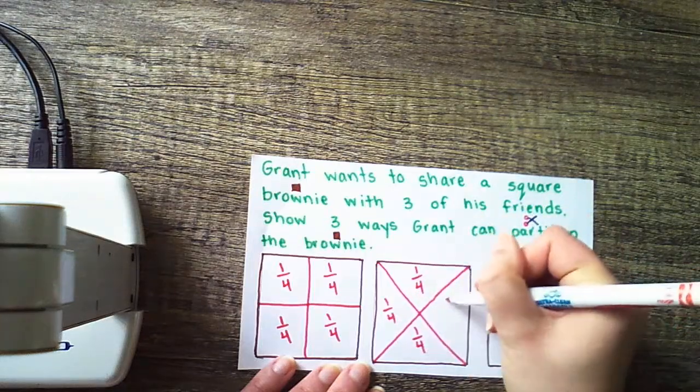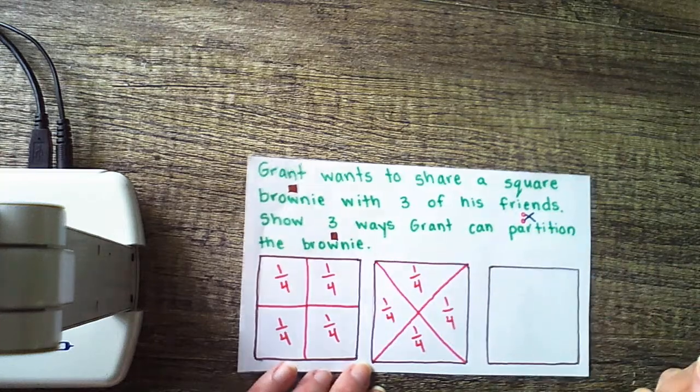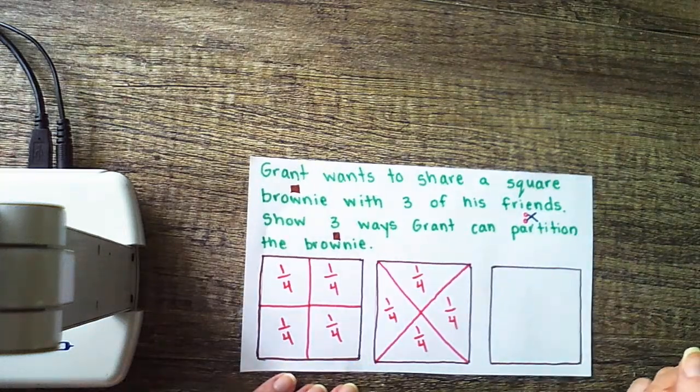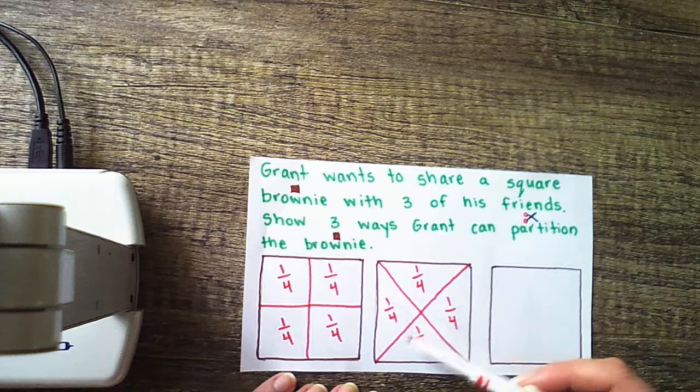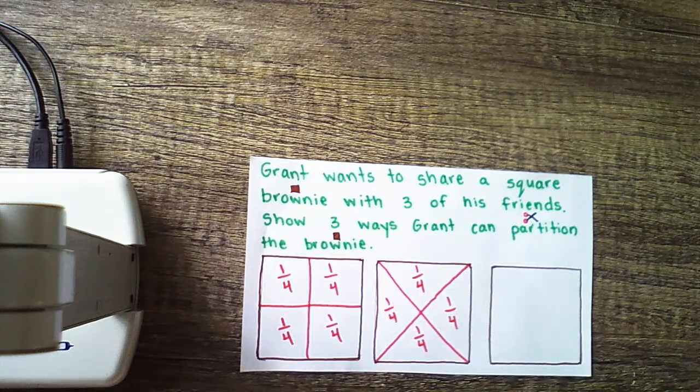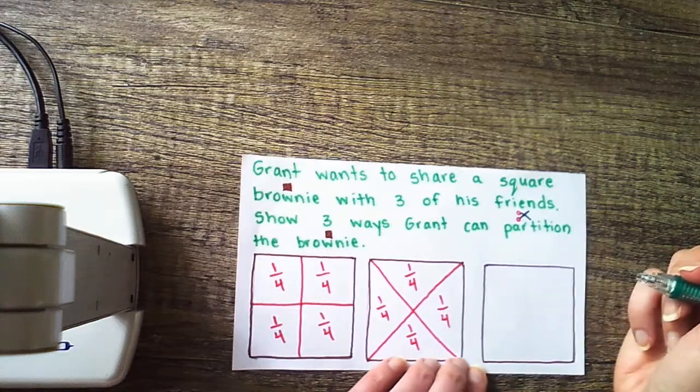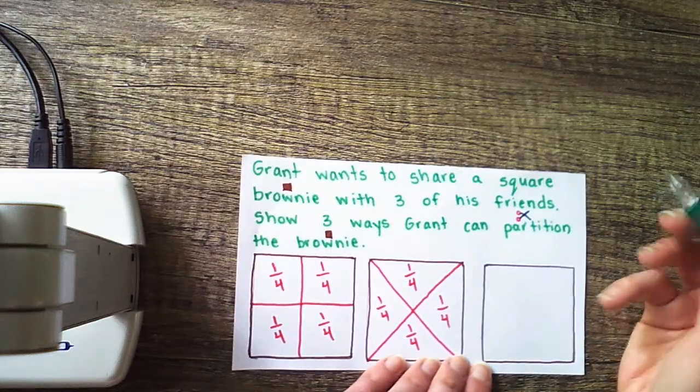We have 4 triangular quarters, which are a part of our whole. Grant gets a piece and 1, 2, 3 of his friends get a piece. Now on this last one, I'm going to do it the wrong way first. Let's say you just are going to partition this in any way and we don't care if friends get equal